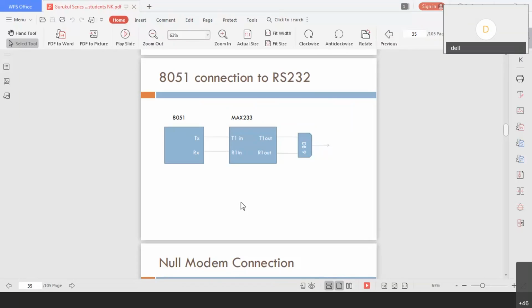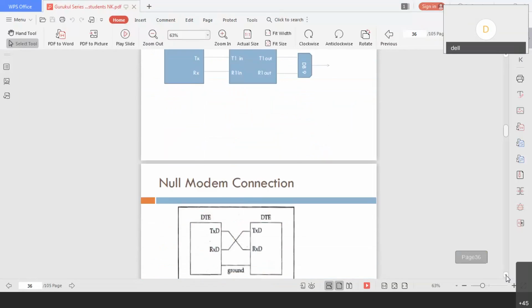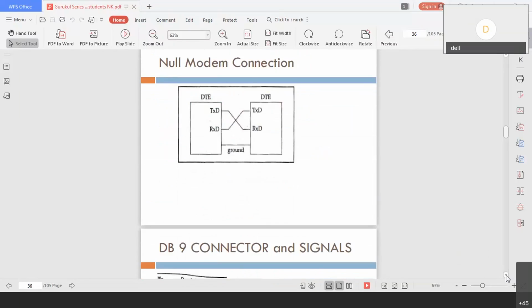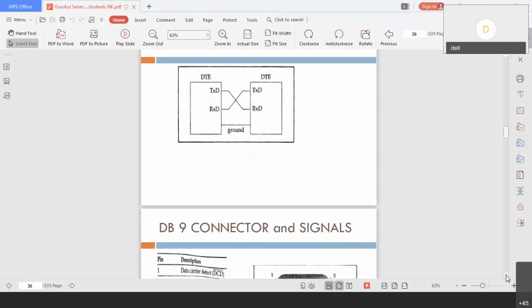Along with that we have some handshaking signals to check whether the device is ready for receiving. How is the modem connected? On the left side is DTE, data terminal equipment, and the other side is also DTE. Ground is common, and transmit data is connected to receive data of the other device and vice versa. This is the way.